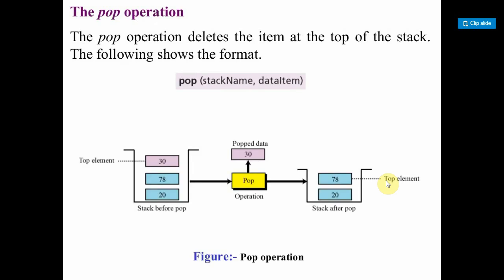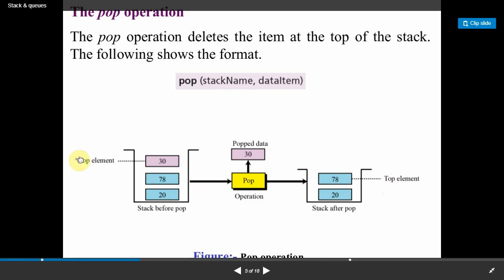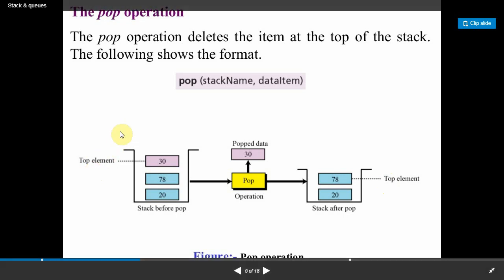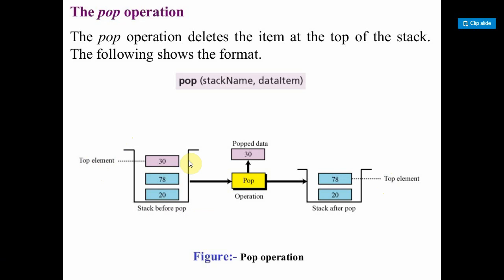Now, while writing the program, how is top represented? That is the main issue. Here I already told that top points to the last inserted element. In programming, top is one variable which holds the index of the last inserted element in the list. Actually, a stack is represented by using the concept of lists in the Python programming language, and top is also a variable which stores the index of the last inserted element. So whatever element is inserted last, that element's index is stored in the variable top.